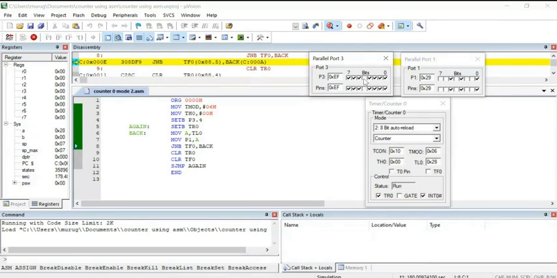The P3.4 pin is receiving the external clock pulse. Here there is no option, so I'm manually giving the clock pulse at P3.4. On each and every clock pulse input, my TL0 started counting. That TL0 I moved to the accumulator. Through the accumulator, in the P1 port, I can see the status of this TL0. That's what I'm doing here. Just turn this off and on, that is considered as one clock pulse. Then your TL register will be incremented one by one automatically. Right? So this is a demo for the counter program in assembly language.